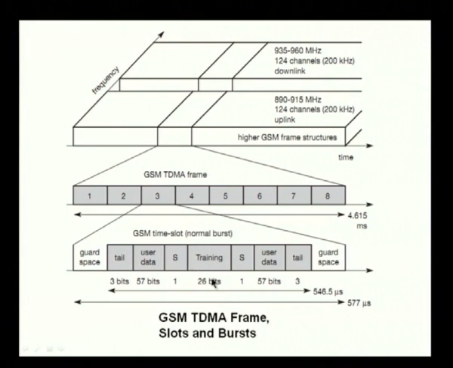Next, training bits in the GSM TDMA frame format. These training bits are used to withstand multipath propagation. We remember that GSM users are connected through the wireless medium, and the effect is known as multipath propagation. The data originated from the mobile station to other stations, or from other stations to the mobile station, travels in different types of paths. So, the data may arrive out of sequence. That kind of multipath effect has to be handled properly, and the training bits are used to handle that.